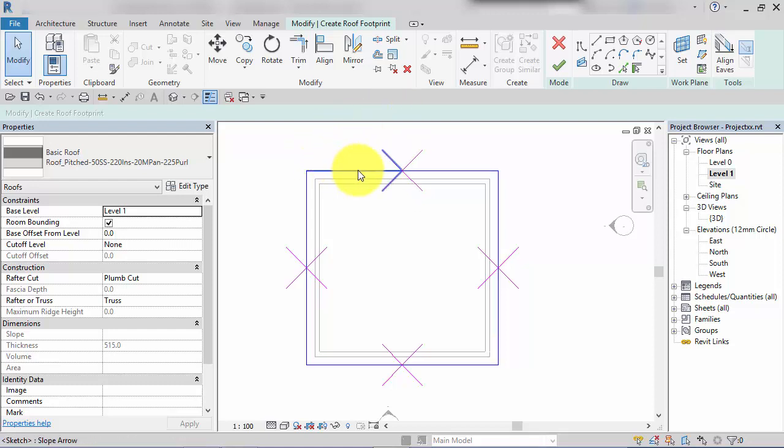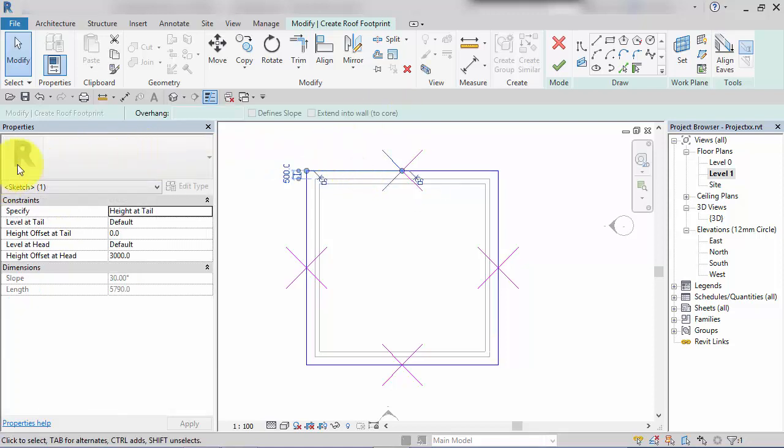And just take one of those slope arrows. You'll remember from the last unit there are two ways of using it. You can define the height of both the tail and the head and let the roof sail through those points, or you can choose the slope. So I'm just going to leave that on the default as it is at the moment. Hit the green tick,